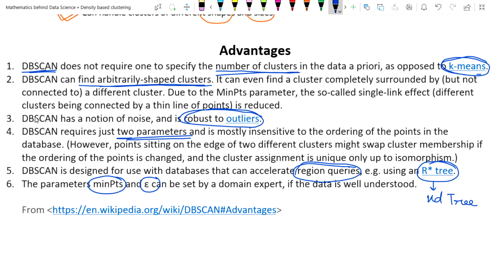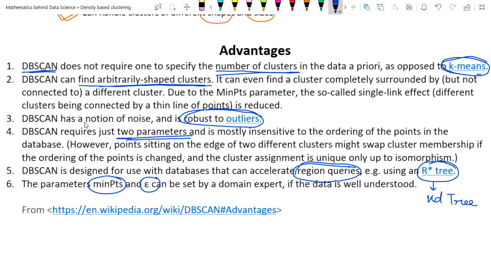These are the main advantages. The first one is that it can easily separate arbitrary types of clusters, which is impossible with hierarchical clustering or k-means clustering, as we have seen.